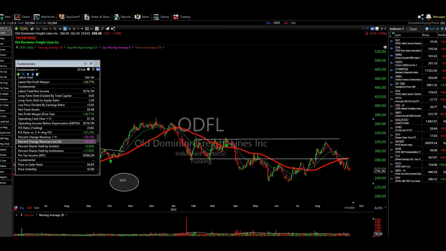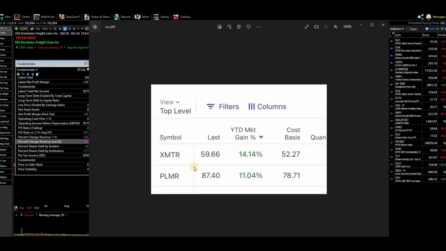Even though I don't like to brag about what I trade and the profits I'm taking, I just want to show you stocks that I'm still holding right now. And I'll show you, if you take good risk management and let good stocks and good profits run, they will cover other losses. These are some of the stocks that I did tweet about. XMTR, as of today, I'm up on it 14%, and PLMR, I'm up on it 11%. If you do the math, that's about 24%.